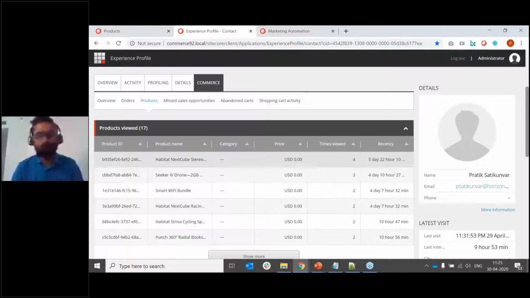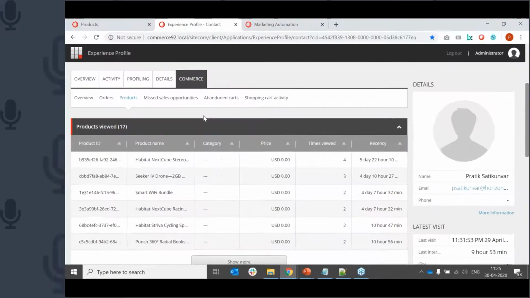So in the first place, you get overall information about categories and products. In the second place, in the experience profile, you get information about what a particular contact is interested in. And later you can utilize this information to define your strategy and give private coupons or deals to that particular customer if you want. So those are the reports for the first use case for marketers.